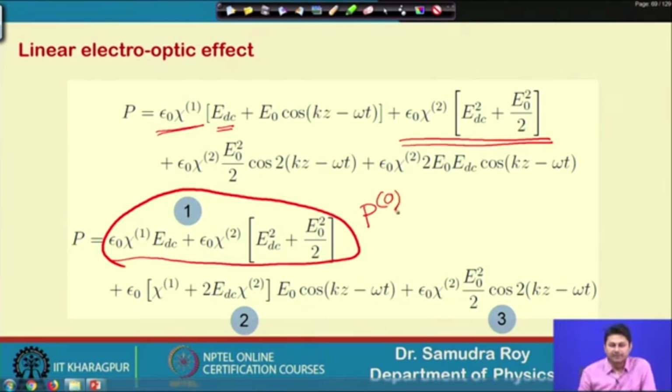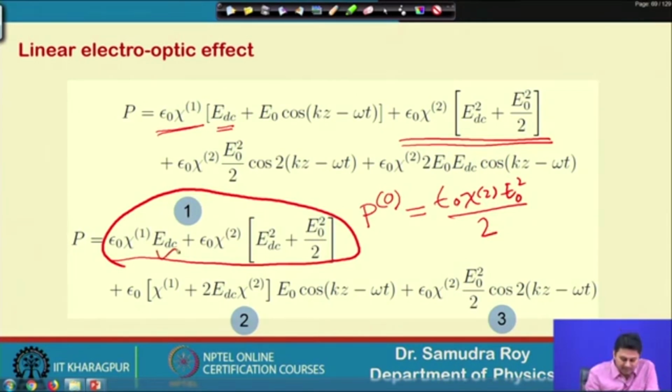Mind it, in the previous case, when we tried to find out what P0 was, our P0 was simply epsilon 0 chi 2 E square divided by 2. That was my P0 in the previous case. But here, as soon as I add another term, EDC, to my total electric field from the outside, I have two EDC term here, which also does not have any kind of